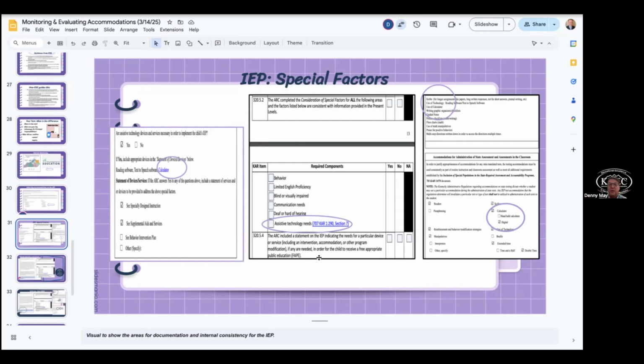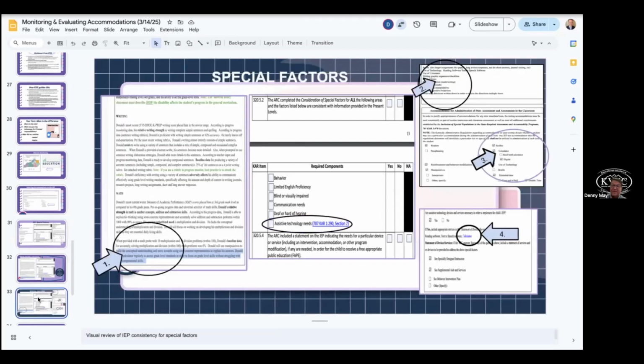Now, certainly, if it's maladaptive behavior, you might also mark the box that there's reinforcement and behavior modification strategies that need to be implemented. And so, being aware of that is part of your job as a principal, and making sure that we know where to verify that is. I think it's very key for us as we get that information out, because it's something that we've trained in the past, but it's something that's being, for whatever reasons, left out, kind of glossed over in our ARC meetings and our documentations on our IEPs.